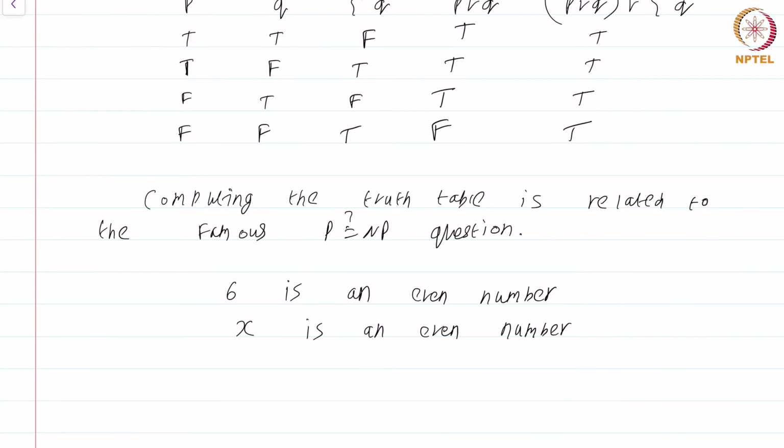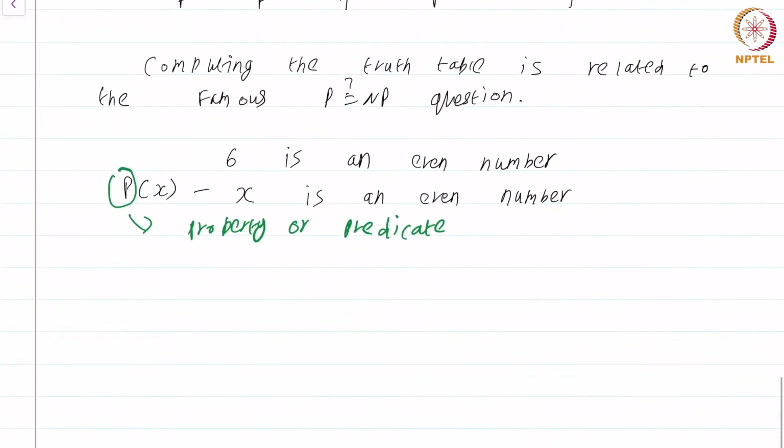But such statements abound in mathematics. So we will have a notation for this. We will call it P of x. Such a P is what is known as a property or predicate. I will stick to the term property. It's more intuitive than the term predicate, but many logic textbooks use the term predicate. A predicate or property